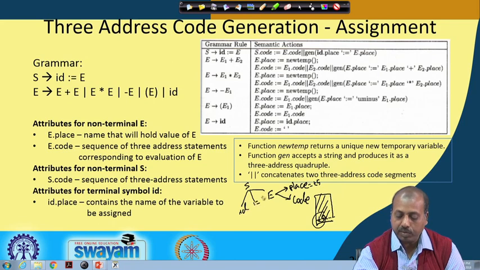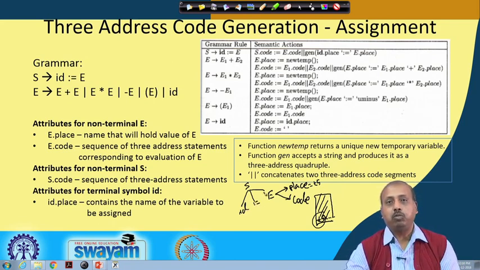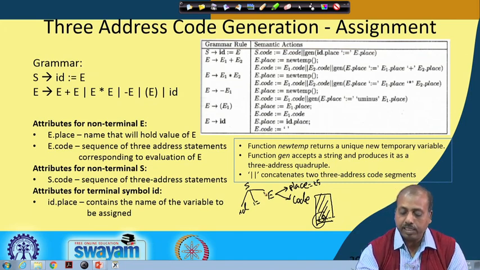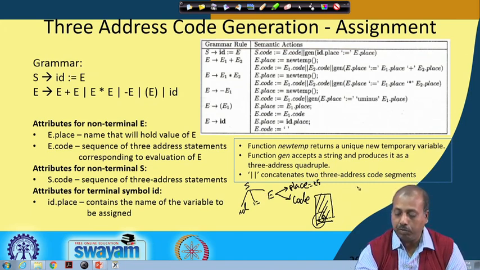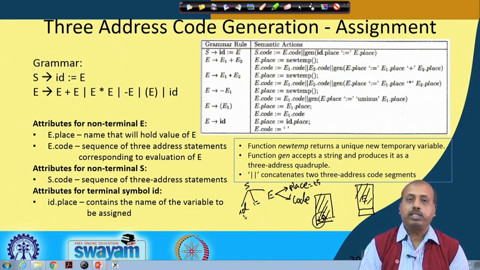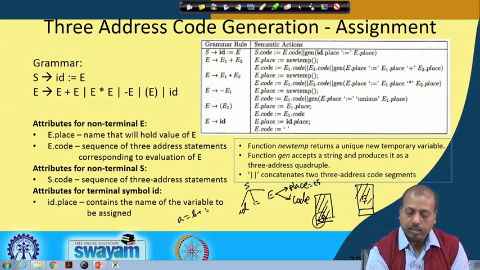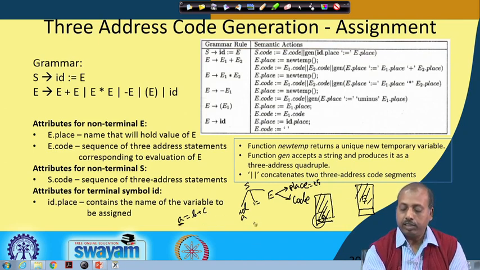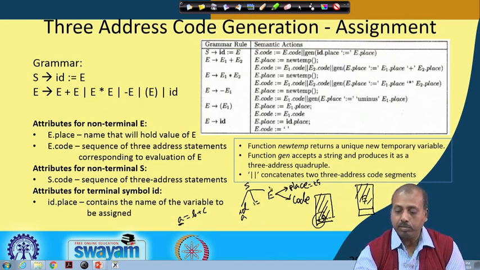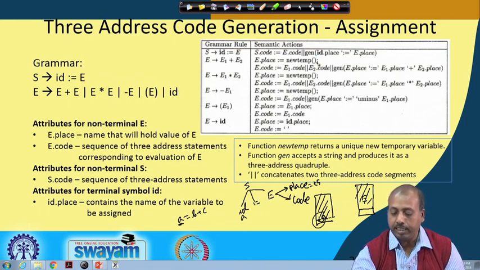Okay. Now, given this, if I look up one more step at ID assigned as E, then what is the thing to be done for generating the code for S? So, in the code for S, I should have first the code for E, code for evaluating E. So, this should come as it is, and after that I have to do the assignment, that is this id dot place. So, id dot place holds the name of the id, like if the actual statement may be a equal to b plus c, then id dot place will hold the value a. So, I will have this code followed by this extra code, that id dot place assigned as e dot place.